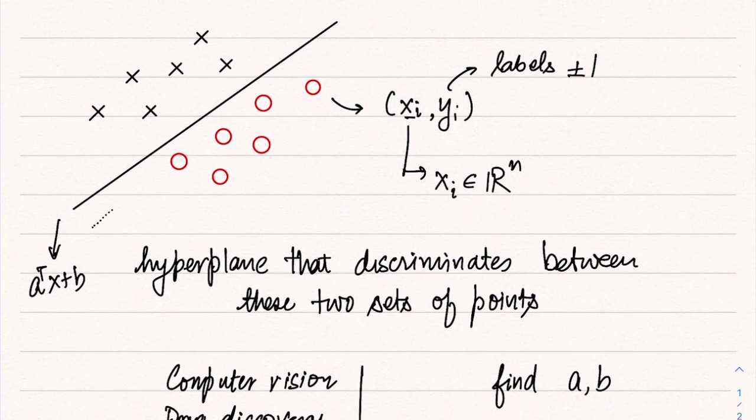As you can imagine, I could always choose a line which is very close to the red ones, and likewise I could always choose a line which is very close to the crosses. And all the lines in between are also possible. So in fact, there is a whole zone where we can pick any line, and all of these are valid solutions to this problem, but not all of them may work for us. Ideally, we want to pick the line that is in between.